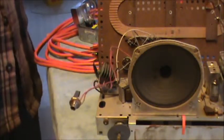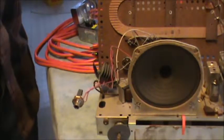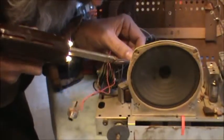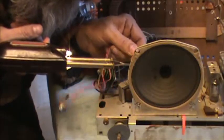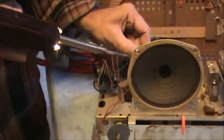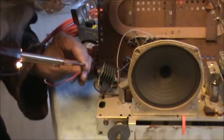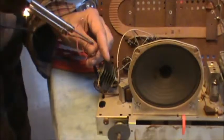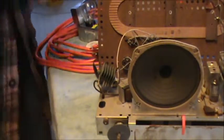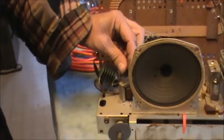It's sort of the predecessor to like the 8200 or the Junior. Okay, so we'll unsolder that. Well, we hit it one more time. And we'll solder that. Come on, let go. There we go. Throw that away. What somebody did there was they took the output transformer's lead to the speaker and they opened it up,